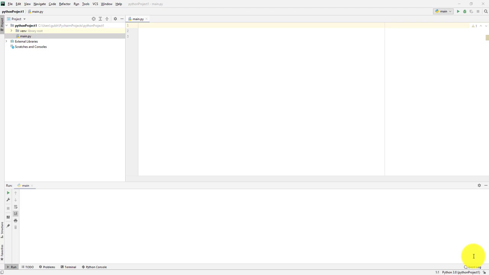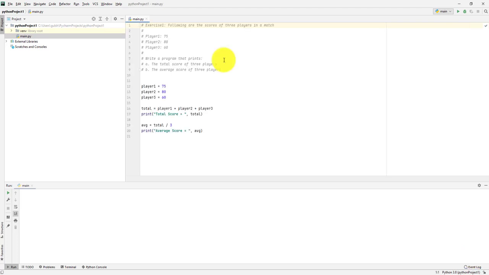Welcome back. Now let's discuss the answers to the integer exercises. Let's take the first one. The first exercise is that we are given the scores of 3 players in a match. Player 1 scored, let's say, 75, player 2 scored 80, player 3 scored 60. We need to write a program that prints the total score of 3 players and the average score of 3